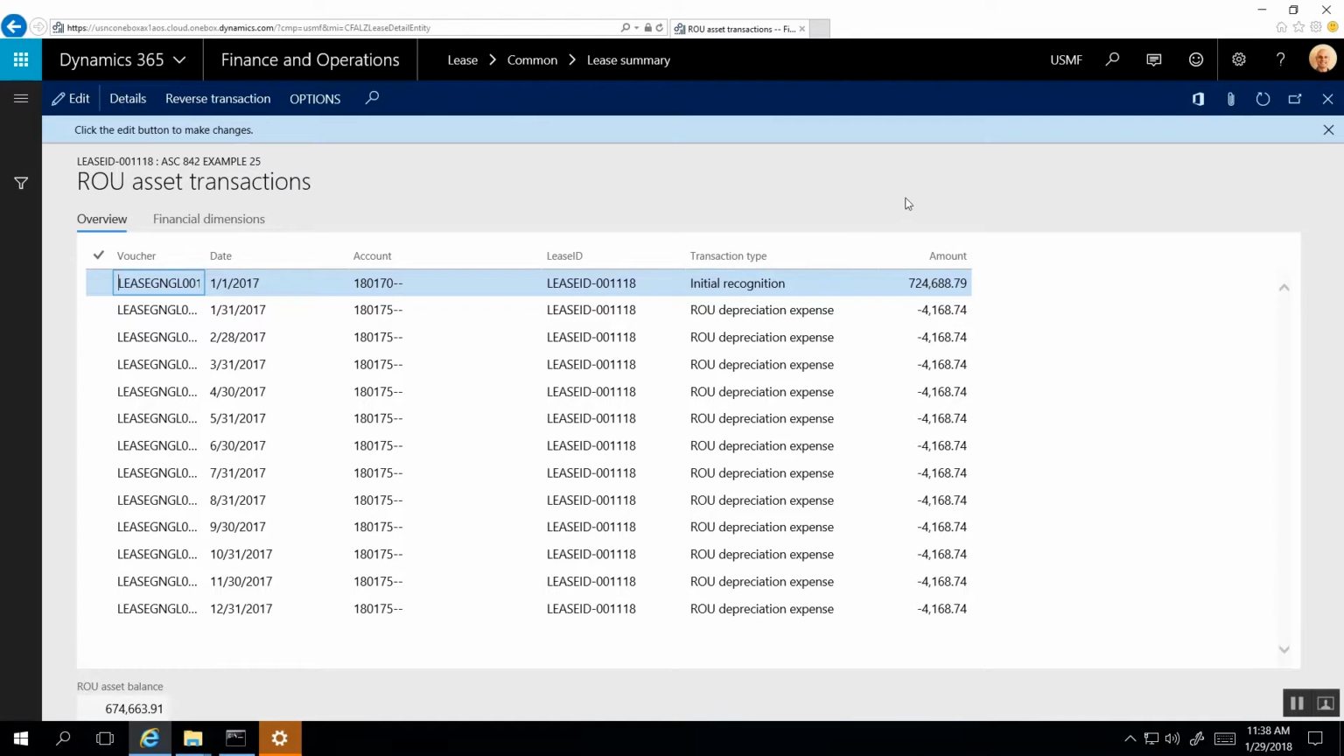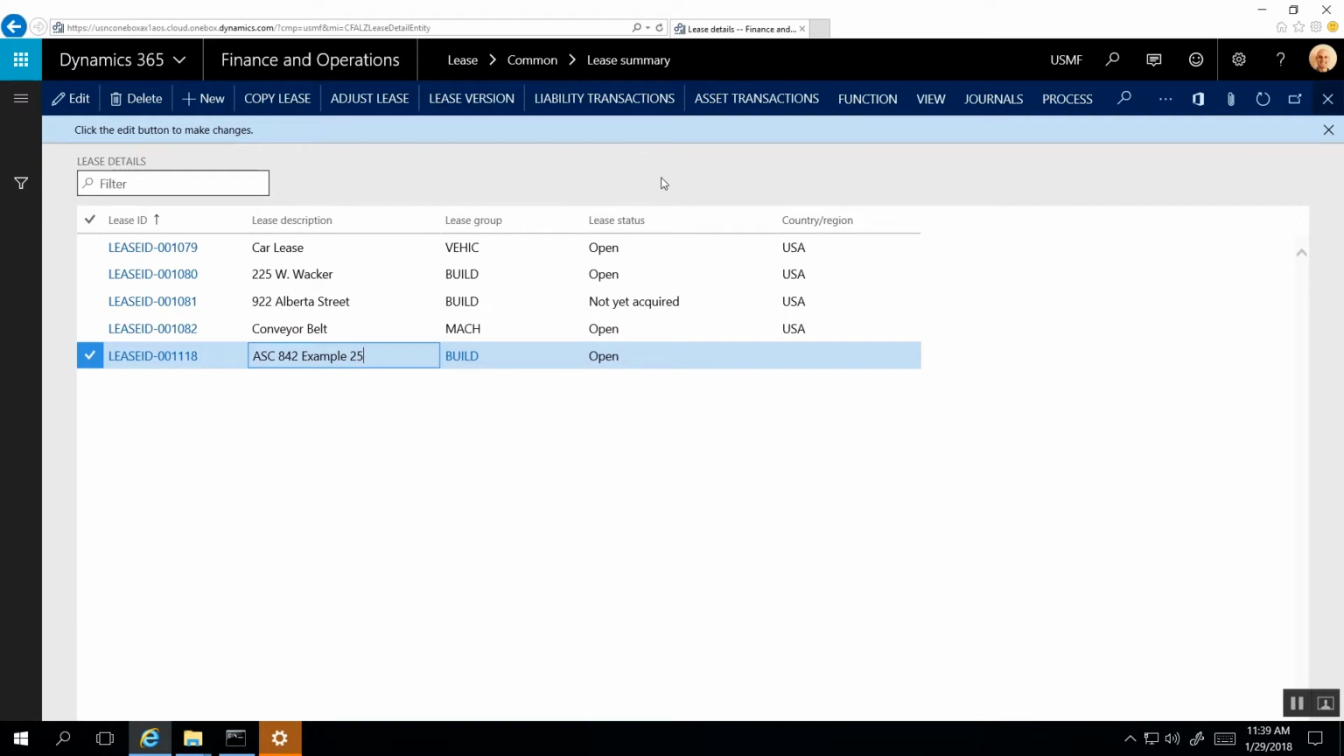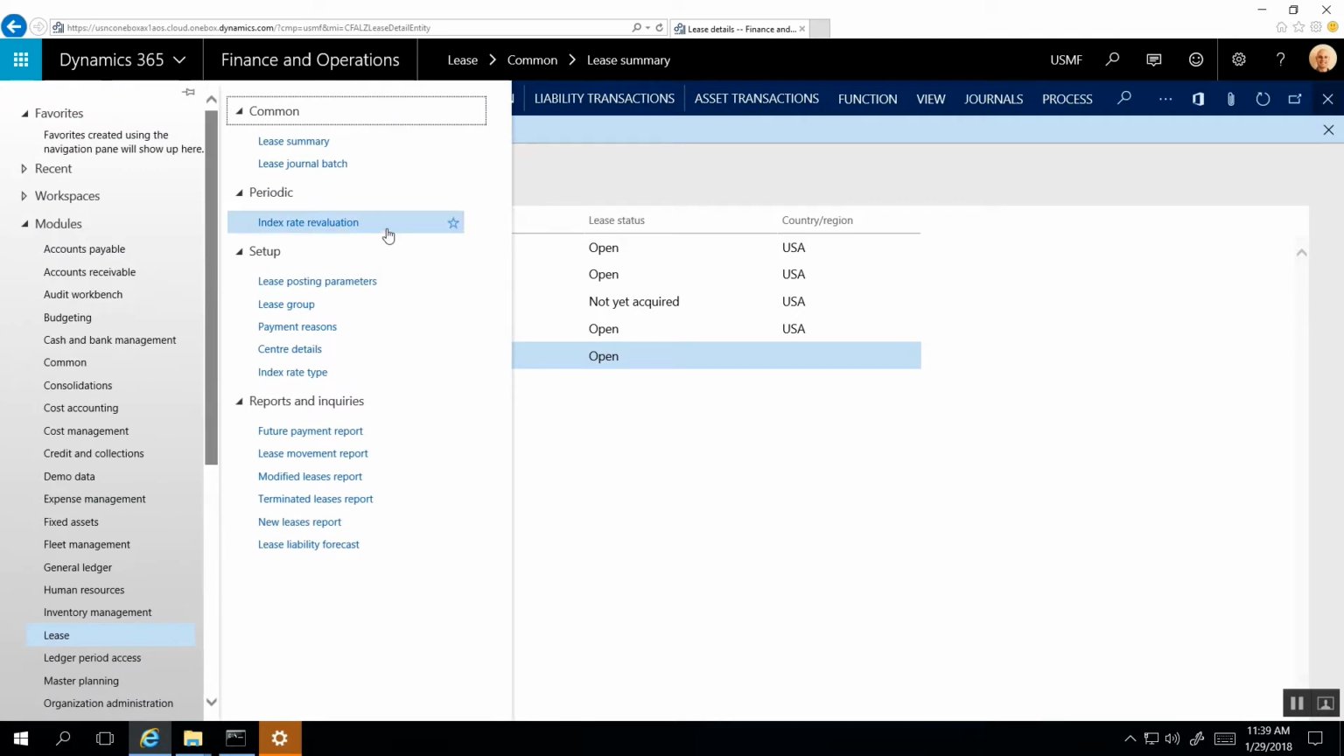And we see the initial recognition amount of $724,688, and then 12 months of ROU depreciation expense, giving us a right of use asset balance of $674,663. Well, that looks okay. We can click out. Now, after we've simulated that year, we can go to periodic and go to index rate